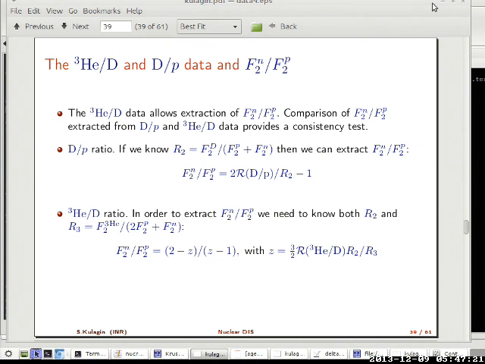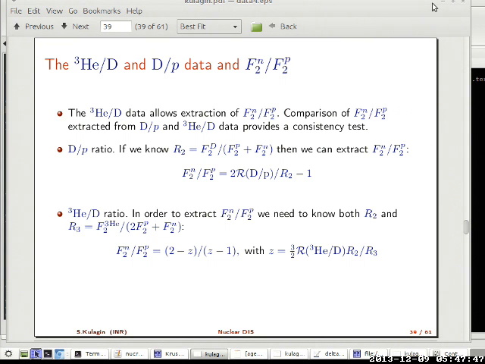But there is also the question of consistency of different data. So how could we tell that the data from different experiments are consistent or not? So the question we are asking here is: